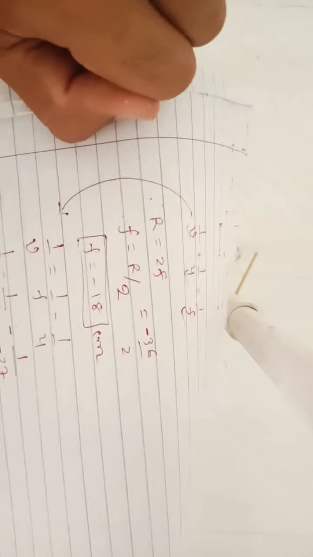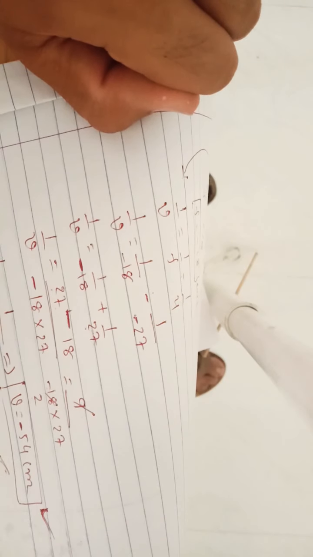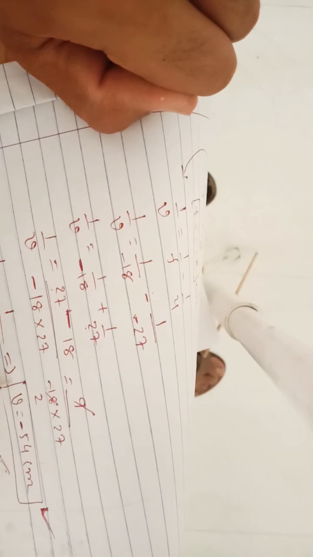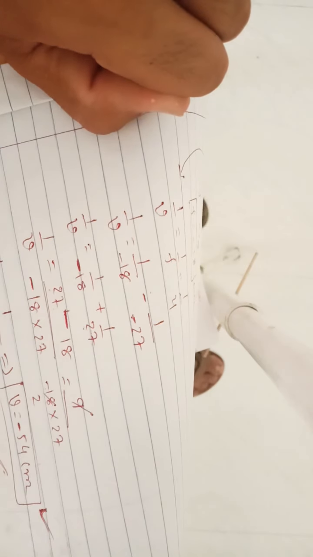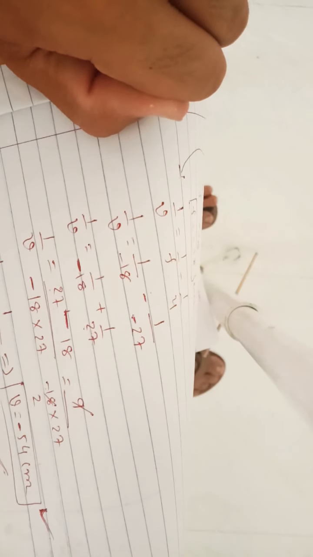So here your image distance is negative. Because of that your image is real. But you should find out these data from the magnification. So now the question is how we can use the magnification: if you get the magnification positive, what is the type of the image, and if the magnification is negative, what is the type of the image? So first of all you should remember these things.